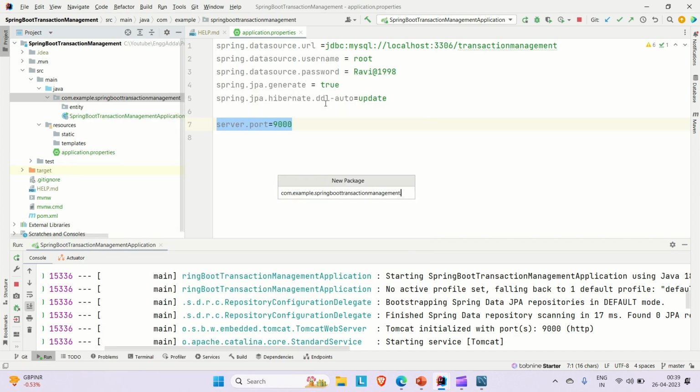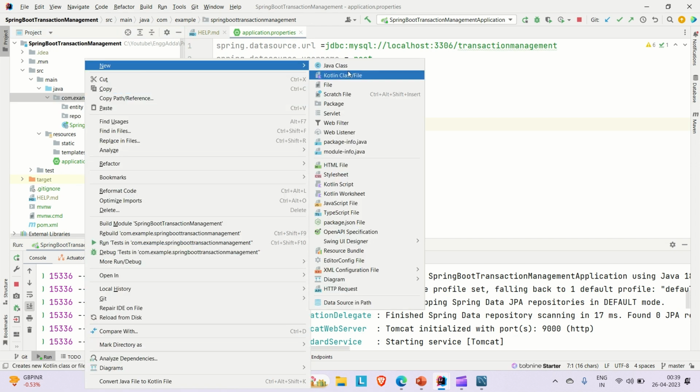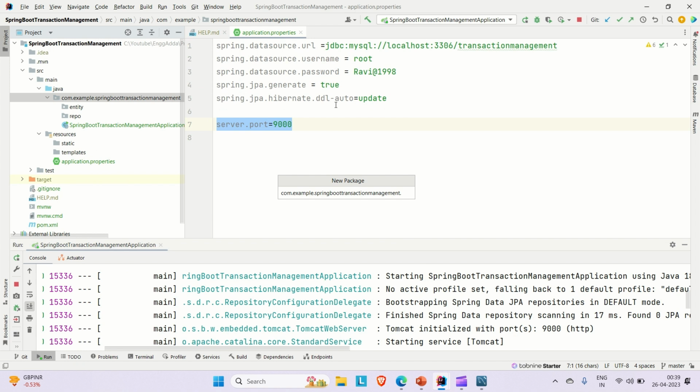So we'll create entity, we'll create the repository, we'll create the service simple and controller. And if you require the util exception, all those things we are going to create. Okay, so let me try to create the repository here. If you are not aware of these things, then I already have created a couple of videos for the Spring Boot CRUD application. There I have discussed these flows in detail, so you can watch those and then you will be good. So now let me try to create the service here,